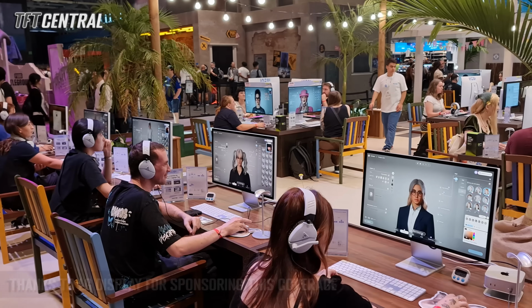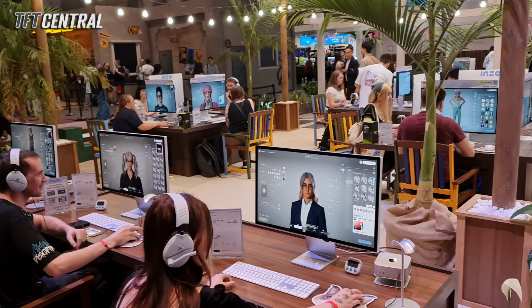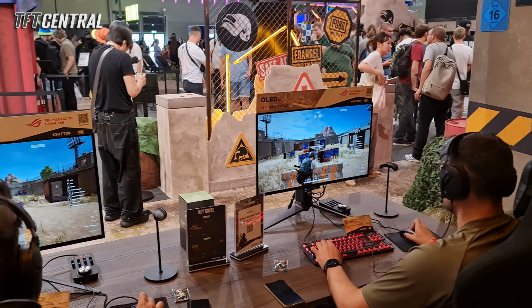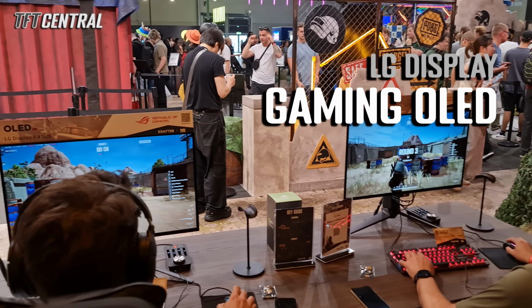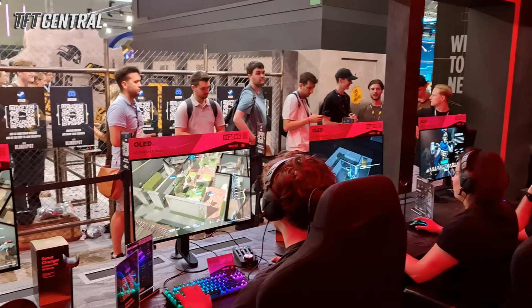As it's been for the last few years, Gamescom is all about OLED monitors when it comes to new displays. We've come here to the Krafton booth to check out a range of top-tier gaming monitors from various brands that all feature LG displays, Gaming OLED or WOLED technology. This might be the ideal choice if you're looking for a new gaming monitor, so we thought it'd be useful